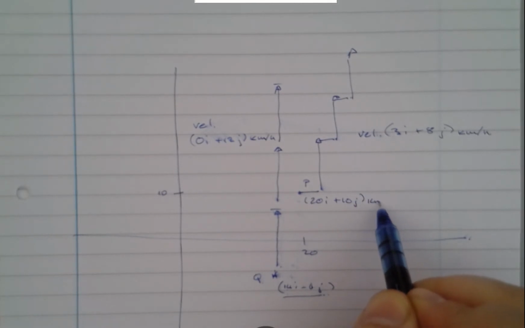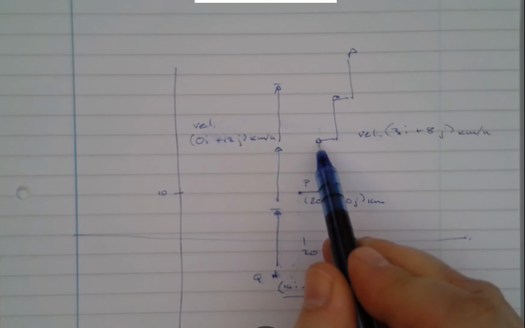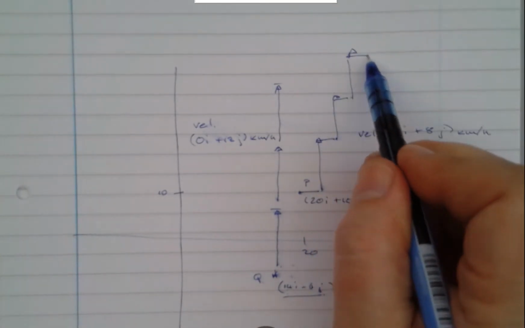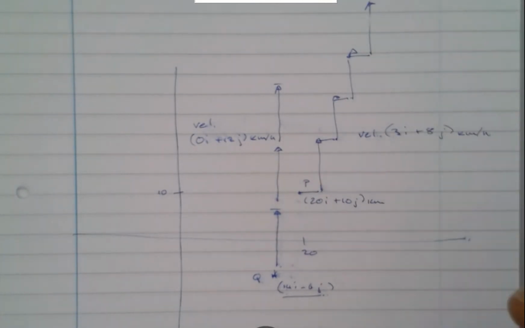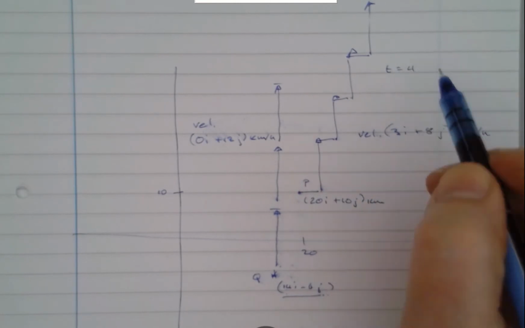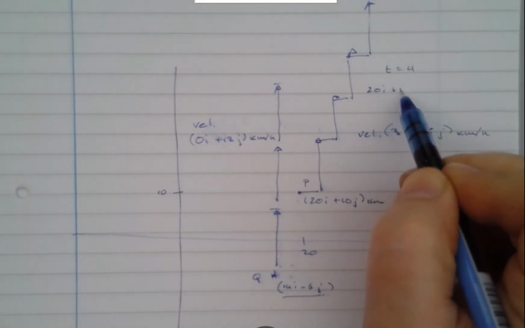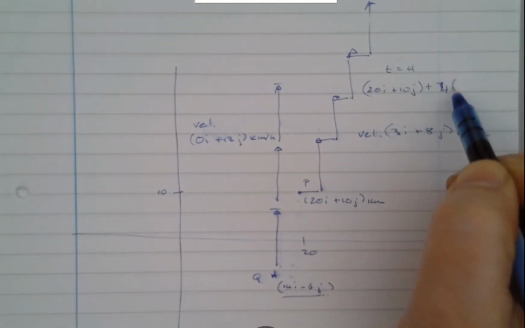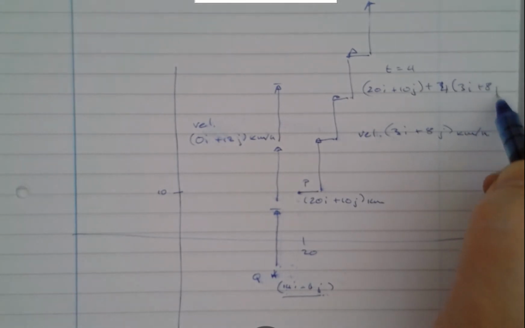Okay, and every hour it moves 3 kilometers to the right and 8 up, and it keeps doing that every hour. So if I wanted to work out its position after 4 hours, for when t equals 4, you started off here at 20i plus 10j, and you'd have to add 4 lots of the movement, which would be 3i plus 8j,